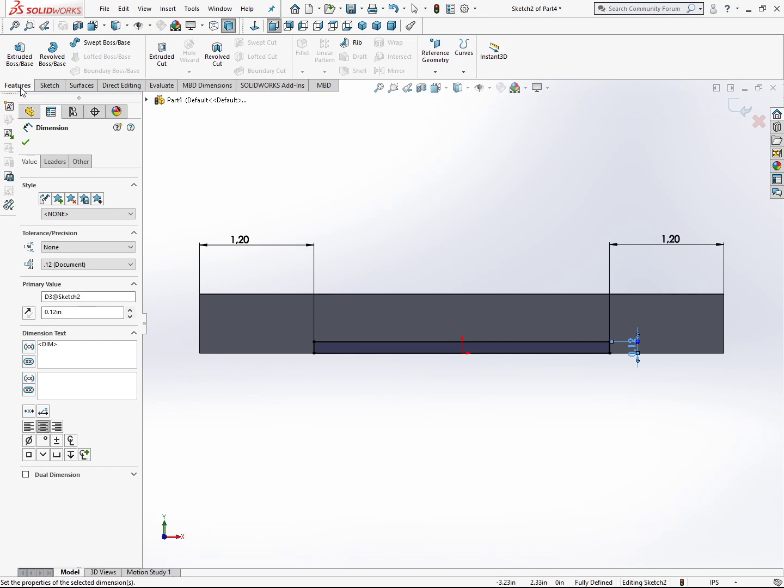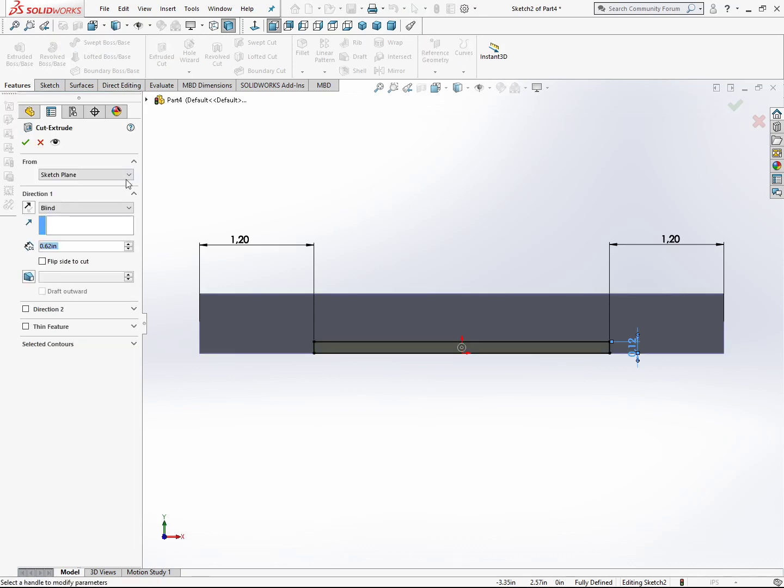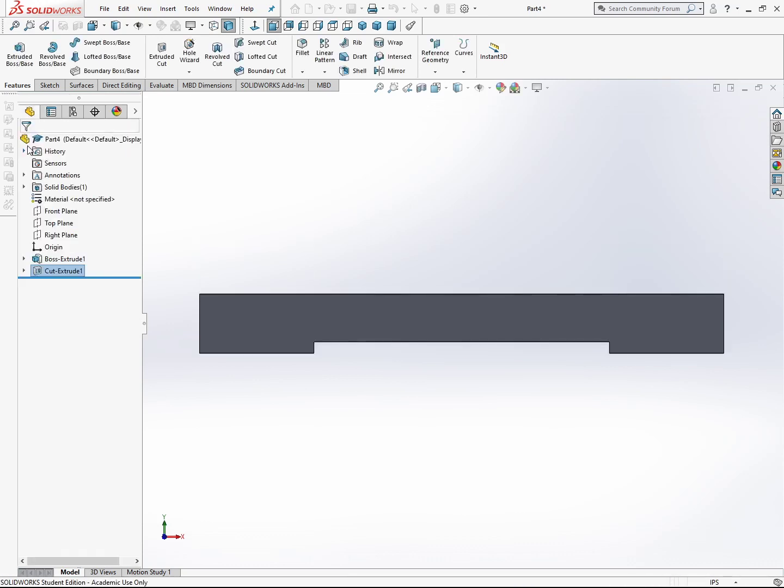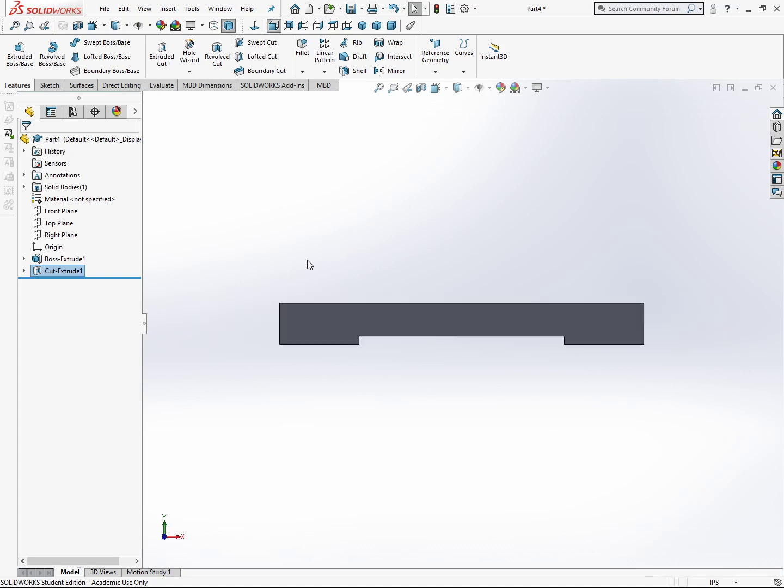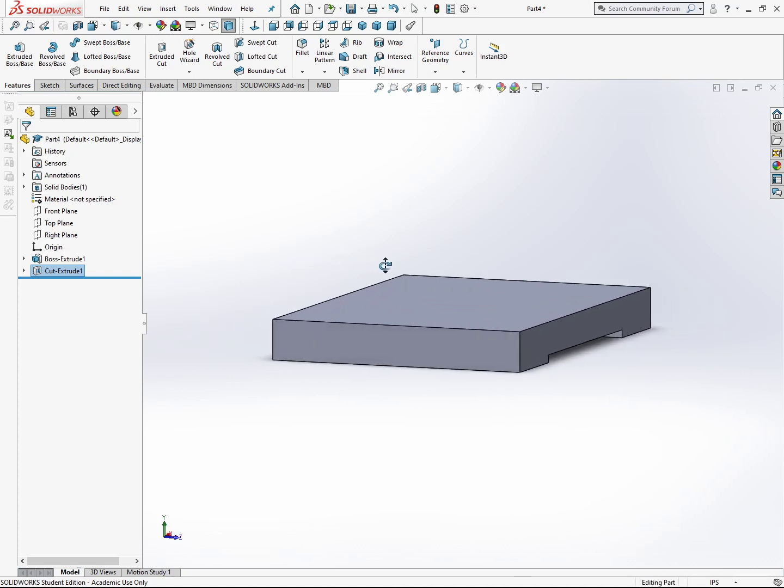After switching the menu, click on Extruded Cut and under Direction 1, change from blind to through all and press OK to apply the feature. The second cut is principally exactly like the first one. We make a new sketch on this face,